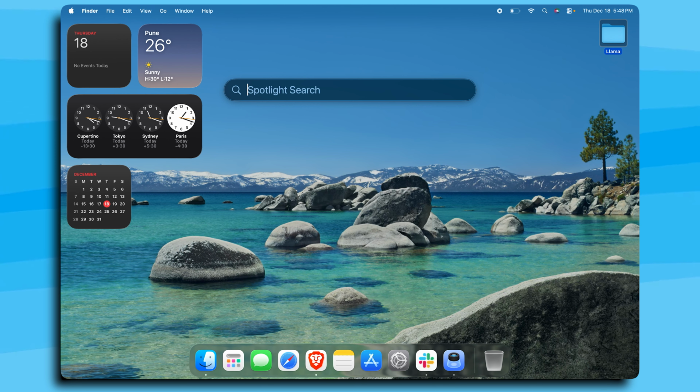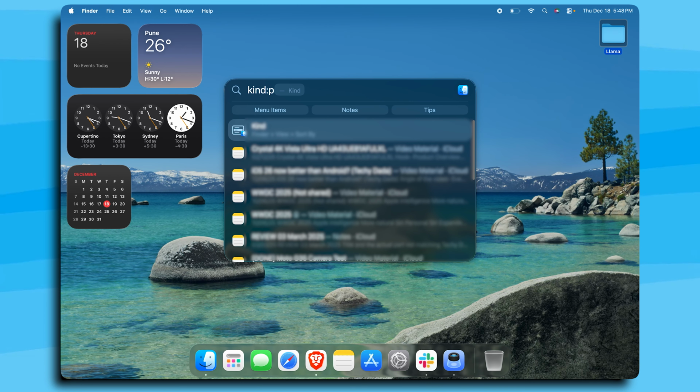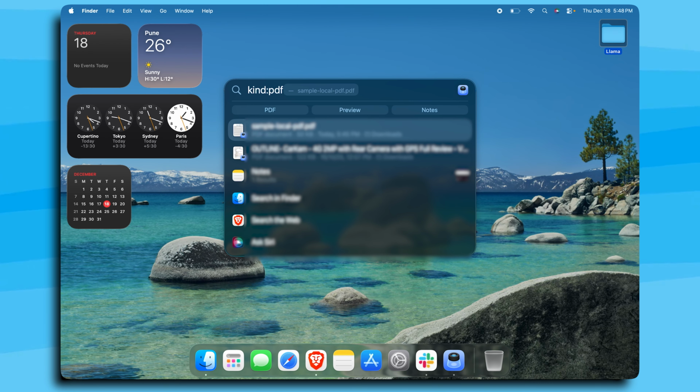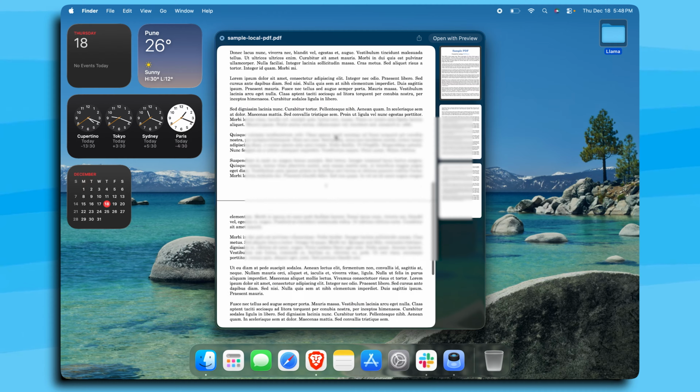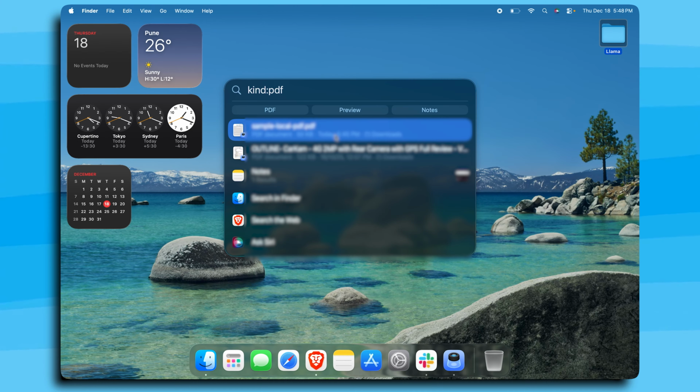For files, you can just look up the extension of the file. For example, I'm looking for a PDF file, so I can type in kind: and PDF. Now it's going to give me all the PDF files that I have available on my computer. As you can see, for now I just have two. I can just open this file and preview it right over here, which is very convenient, or move on to